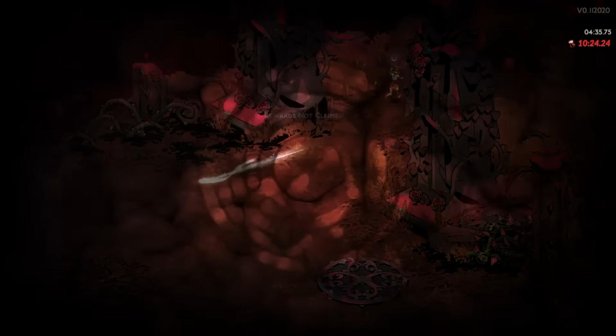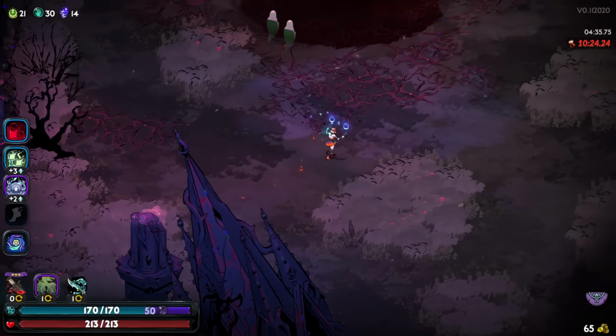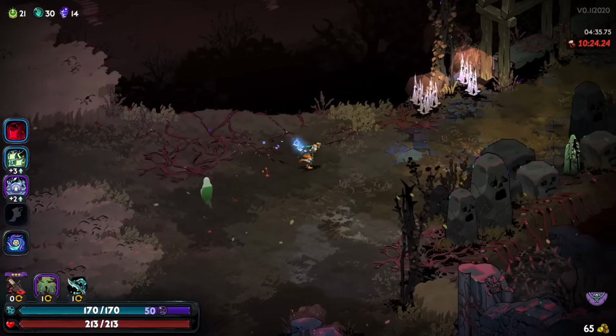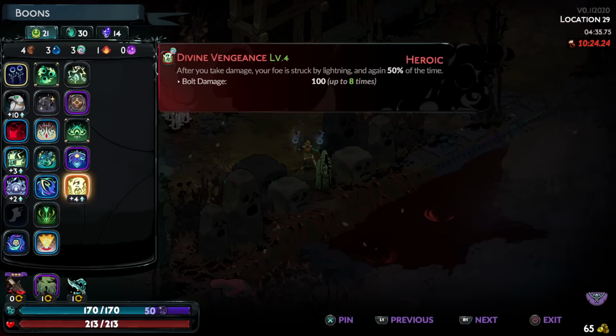Divine Vengeance upgraded. Let's go. Oh, how many strikes is that? Up to 8 times. Sick. Okay, we're at Echo. Pom Pom Pom. Unfortunately would hit